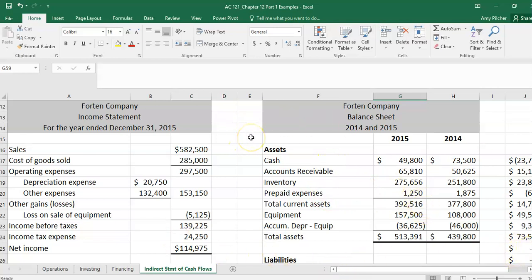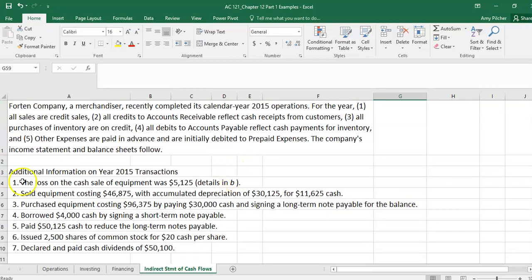The last thing that I wanted to go through just really quick, because it will help you with your homework assignment, is a sale of equipment when they don't give us all of the information. So here it gave us that we had a loss on the sale of equipment, what the historical cost was, what the accumulated depreciation was, and what the cash amount was. So you have a homework problem that all they give you is that the cost is